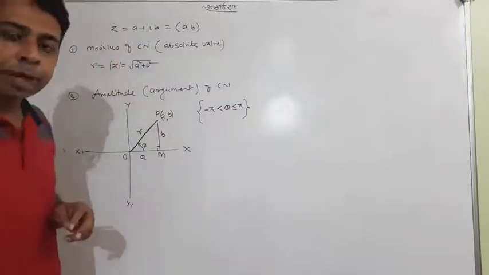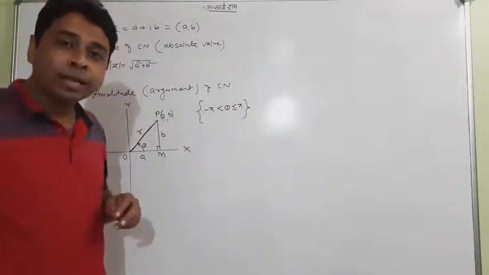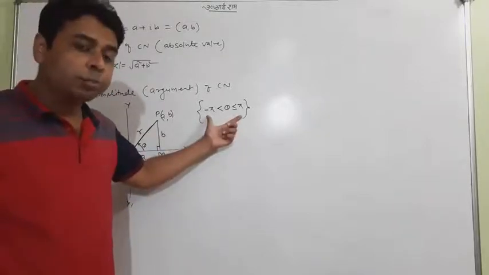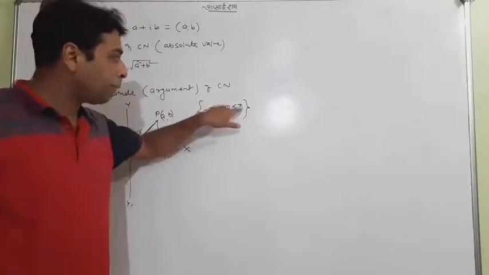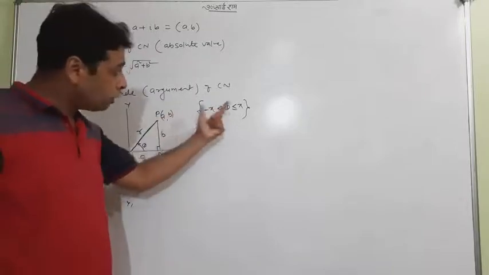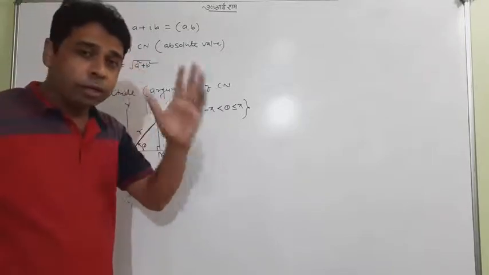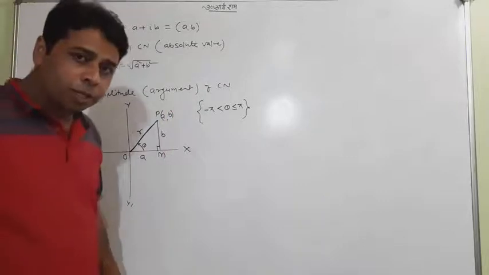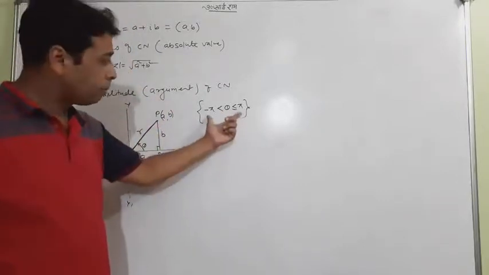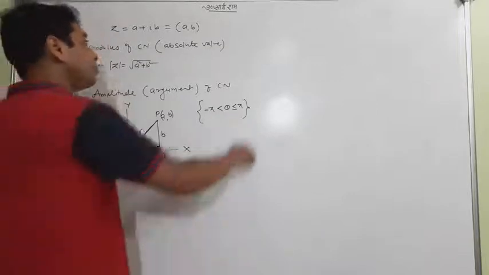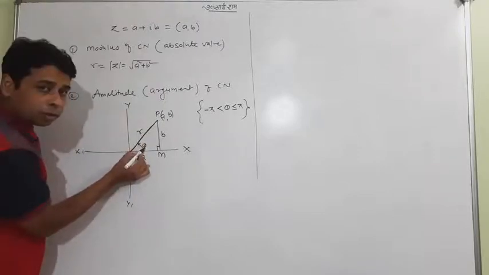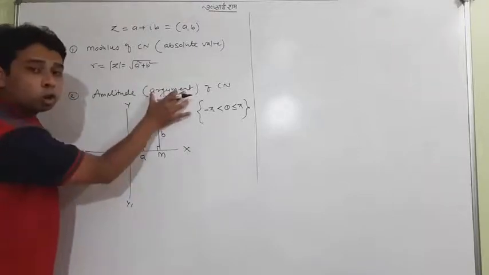This is a principal branch, meaning we cannot find theta outside of the branch. It should not be beyond the branch, meaning theta may be pi, not minus pi, because it is always between them. You don't need to worry. Just follow the steps I'm telling you, by which you will definitely get your proper answer. But keep in mind, this is the principal branch. Next, this is theta, which is my argument or amplitude.